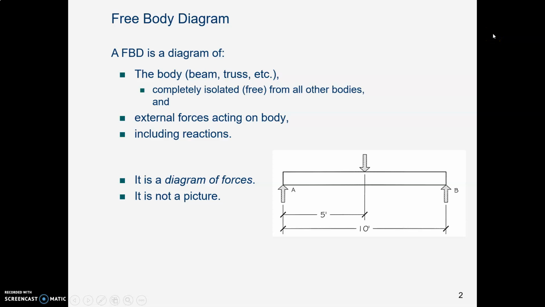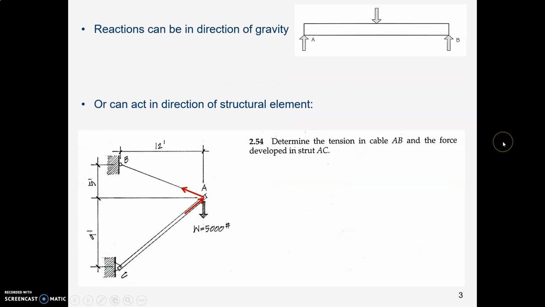And a free body diagram is called a free body because you take the body, like the beam here, and you pull it free of anything that's attached to, the ceiling, the wall, whatever, the wheels, and you just show that body, that beam, let's say, with the forces and reactions. So you've isolated that beam or whatever it is. But as you have observed over time, those reactions can be up and down, like you find on a beam,